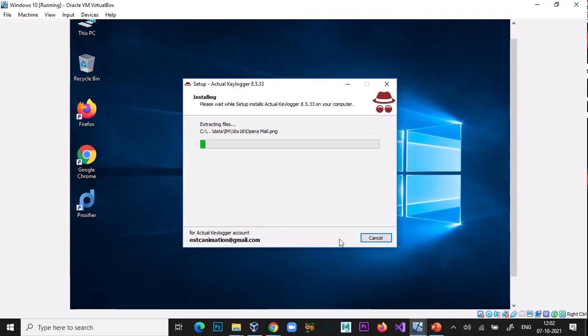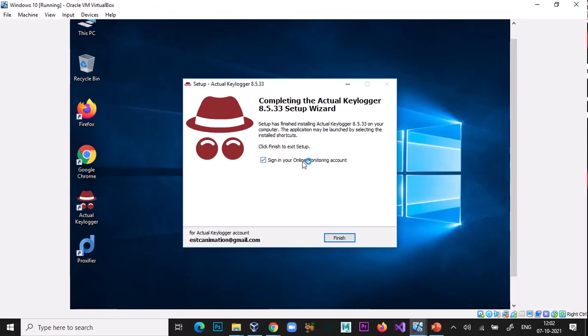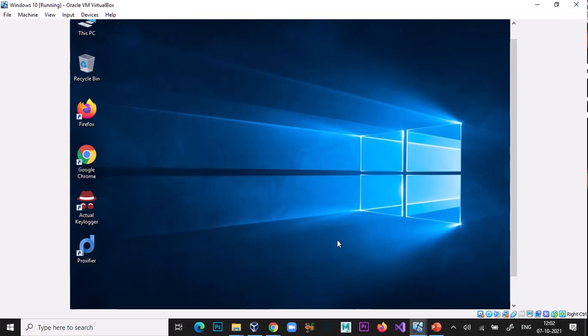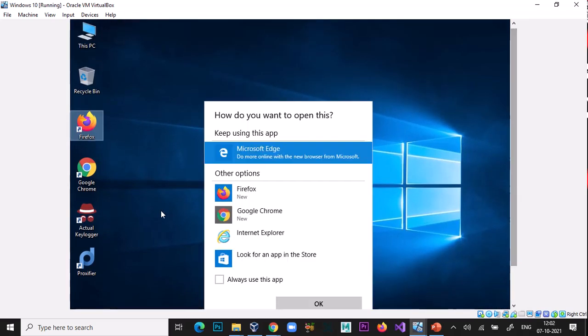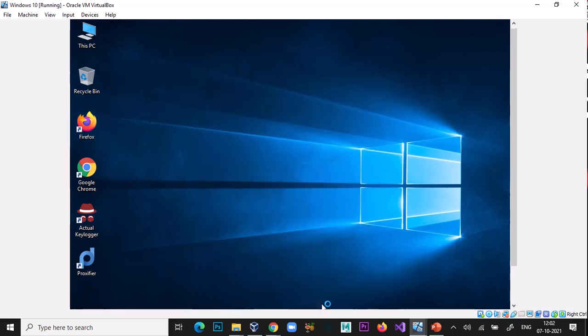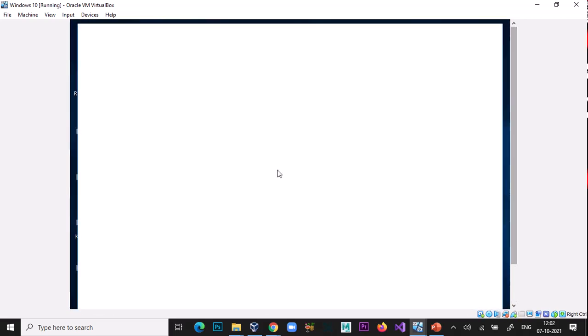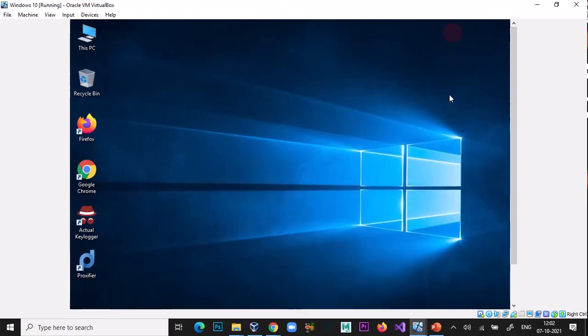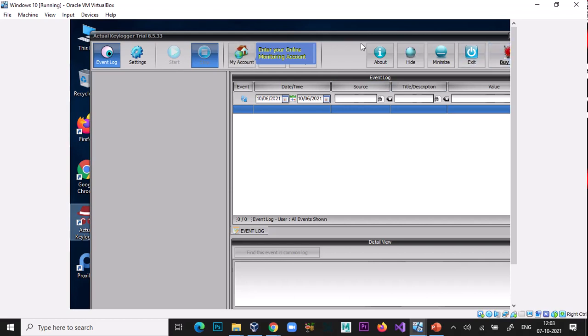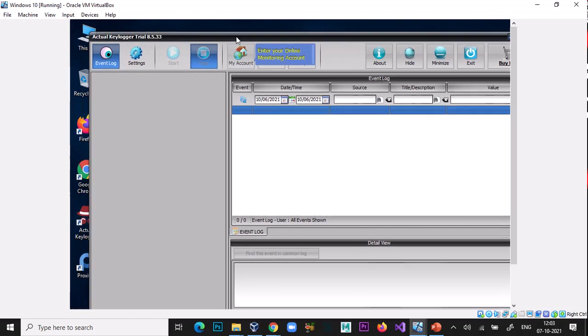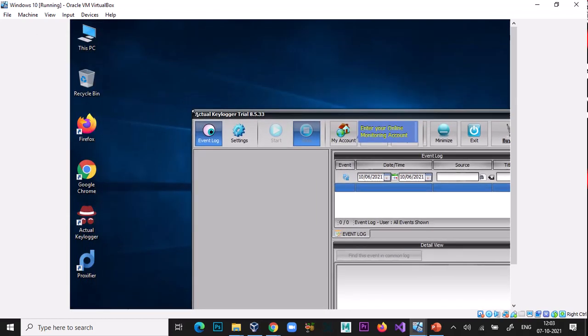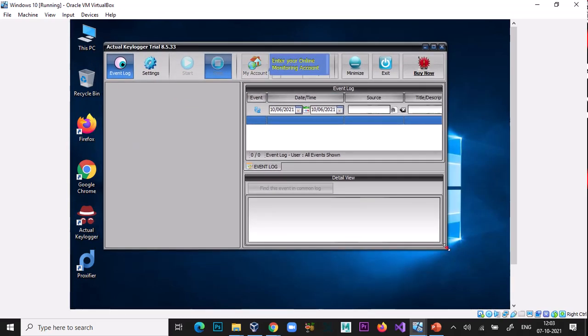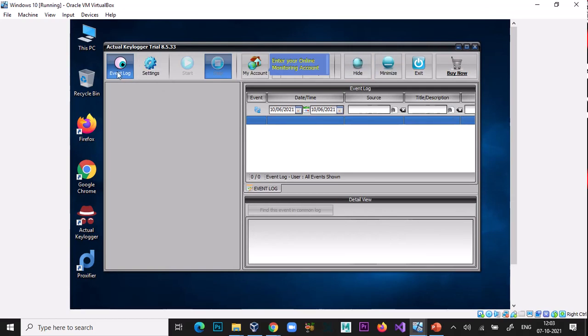Just install it. Just open that keylogger. This is the interface of that keylogger.